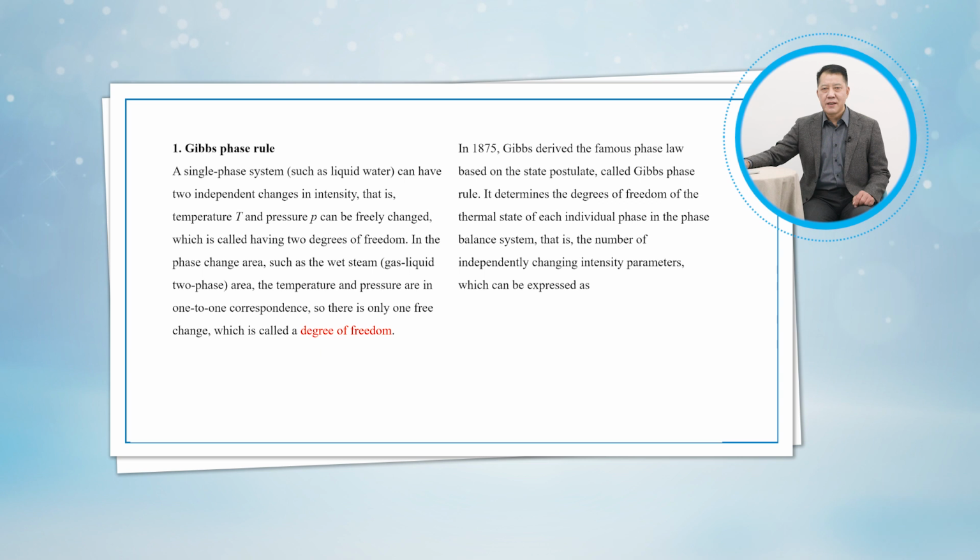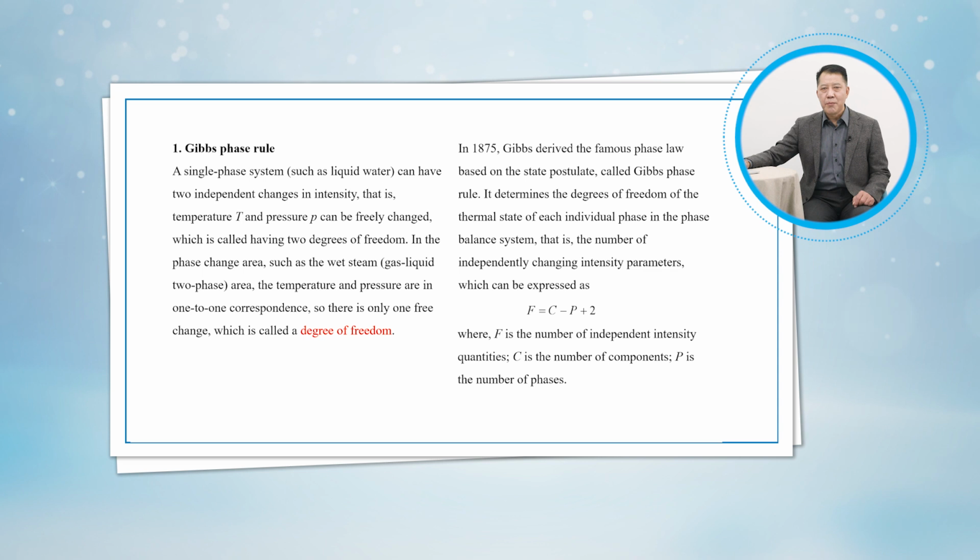For pure substances, we need only two of these independent variables, and the third one can be determined as a dependent variable or as a function of the selected independent variables. The number of required independent variables, or degrees of freedom F, can be determined using the Gibbs phase rule. For C number of components with P number of phases, the Gibbs phase rule gives: